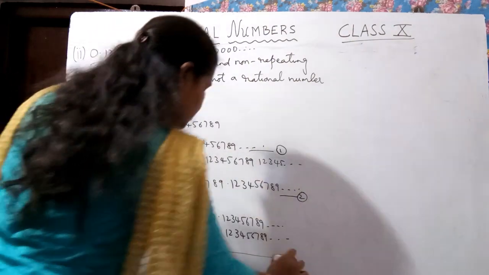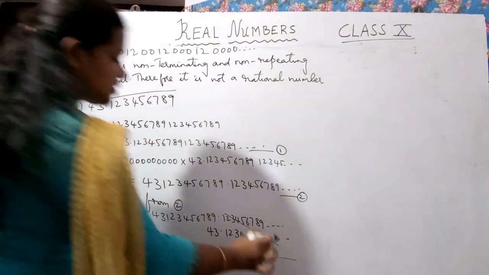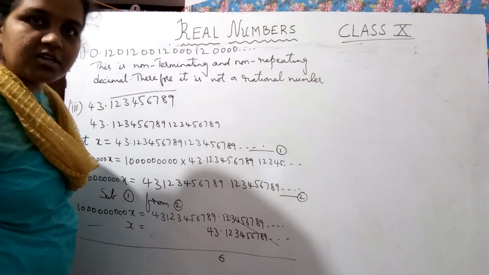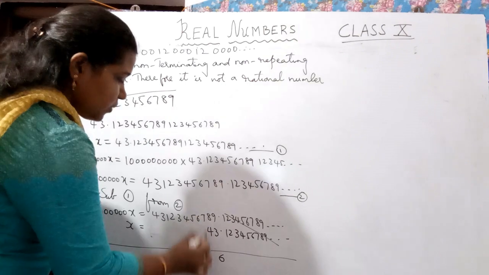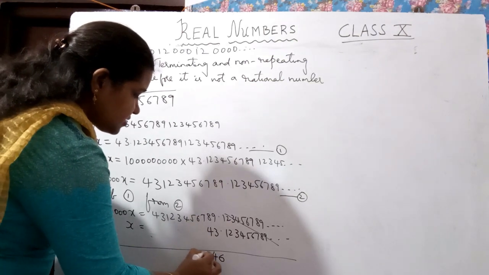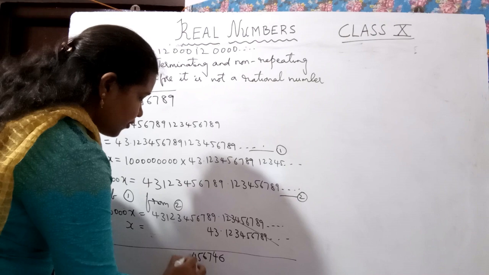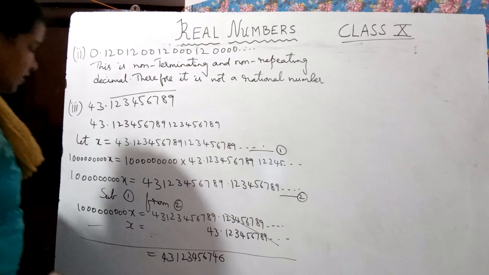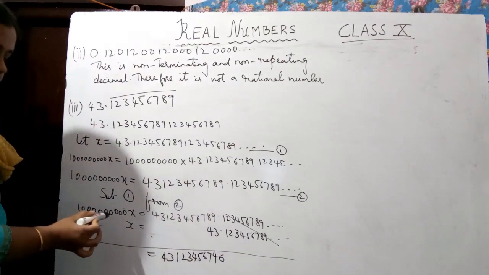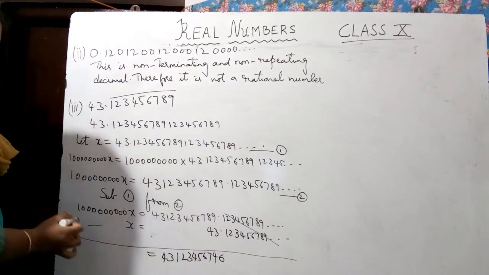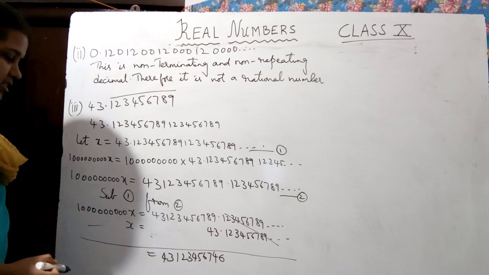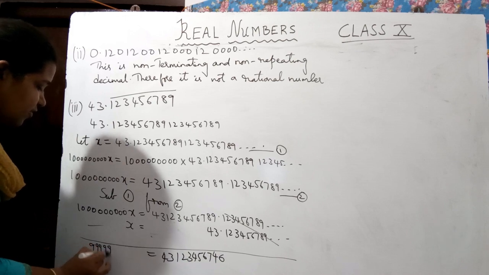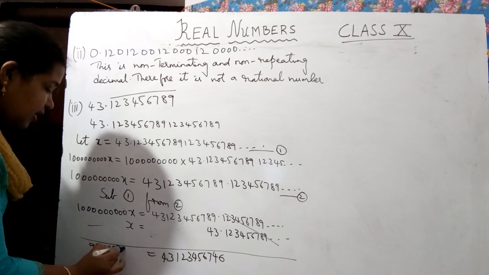So if I subtract it, what will I get? Here this gets cancelled. So 9 minus 3 is 6. Can you see it? 9 minus 3 is 6. 8 minus 4 is 4. Then 7, 6, 5, 4, 3, 2, 1, 3, 4 is equal to, here how many zeros do I have? 9 zeros. Okay. So altogether 10 digits are there. From that, if I remove one x, how much will I get? 9 nines. 3456789.